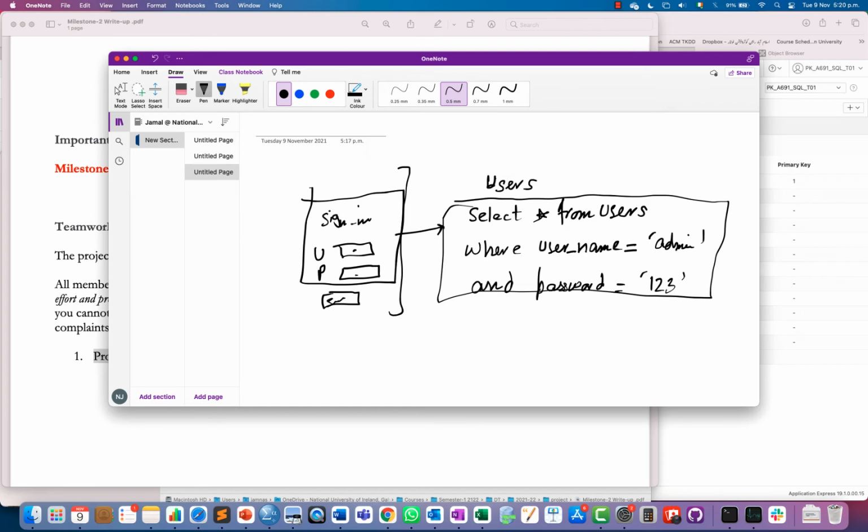Like if you have 5 interfaces, for example, you have one form, you are taking some information from the user, it means that when this form would be submitted, that information would be inserted in your DBMS. It means that at the back end you would be executing an insert statement.